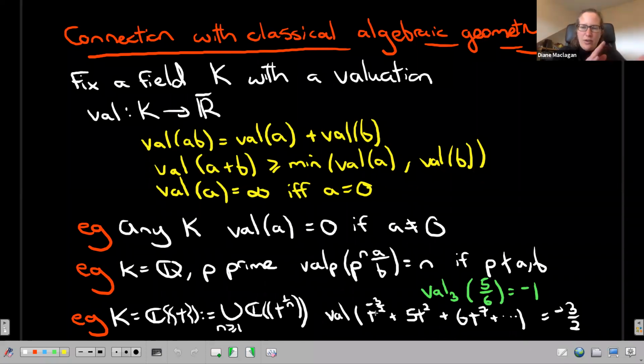So again, you check, this is just properties of products of series. The smallest term in a product is the product of the smallest terms. So the exponents you add, and for the addition, it's at least the minimum of the two. One nice thing about the Puiseux series is that this is an algebraically closed field. So in a few slides, I'll say the words algebraically closed field, and this is just so you know one example of something where this happens.